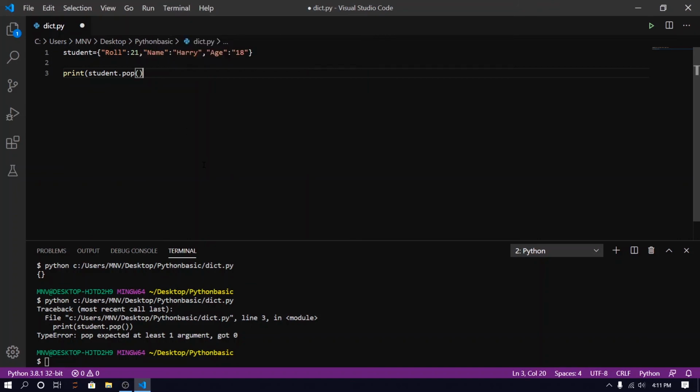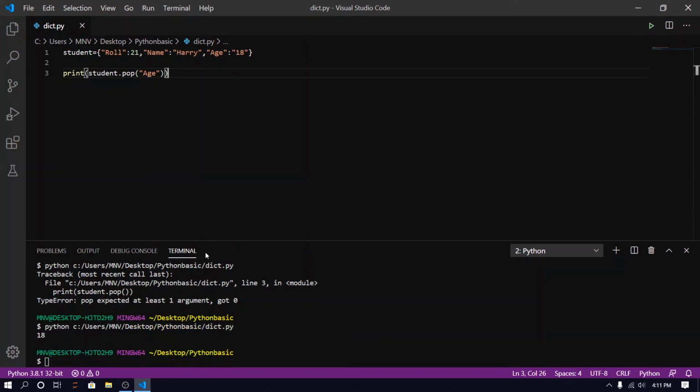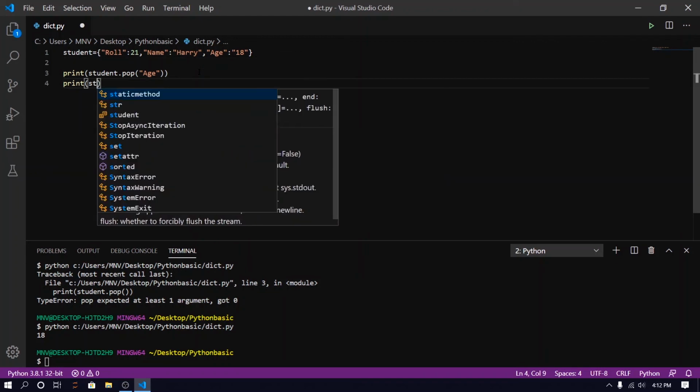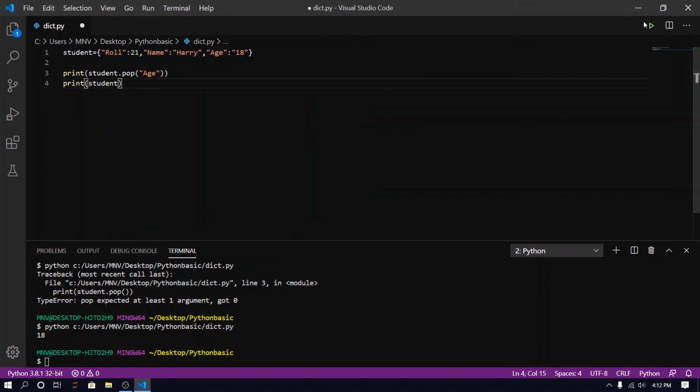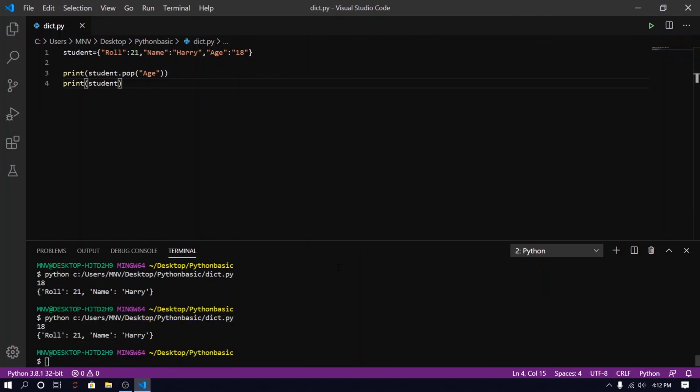For example, I want to pop the age of the student, so I can pass age. Now I will print student, and you can see that age is deleted from our dictionary.